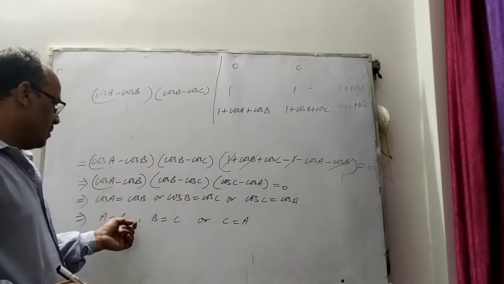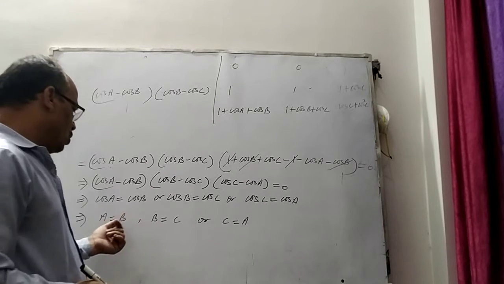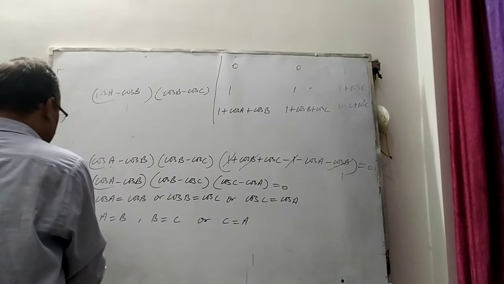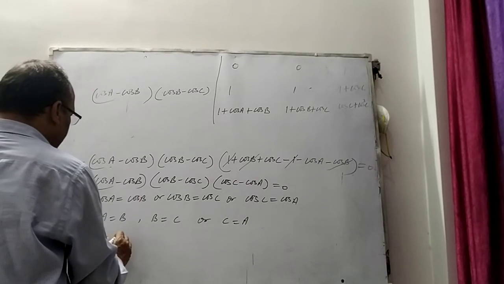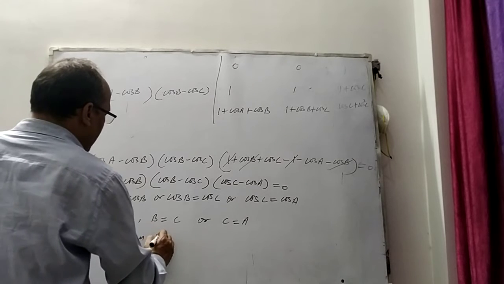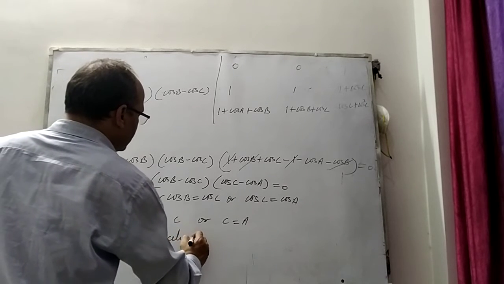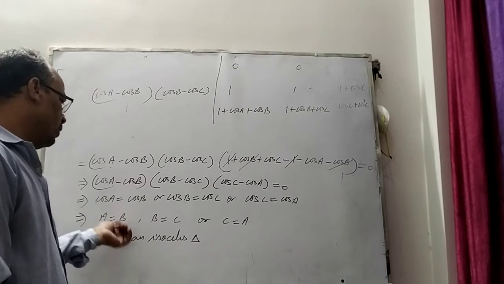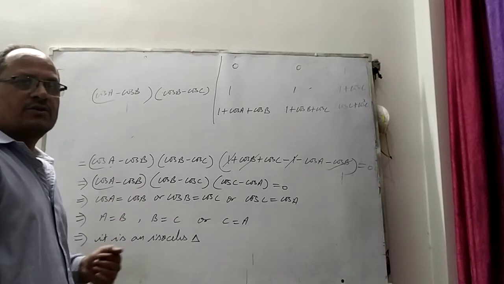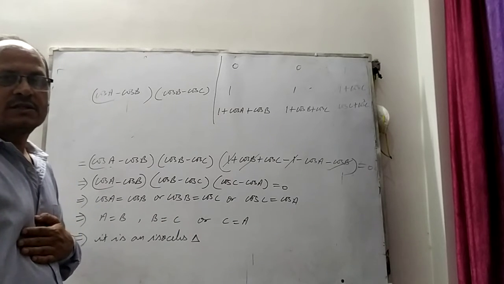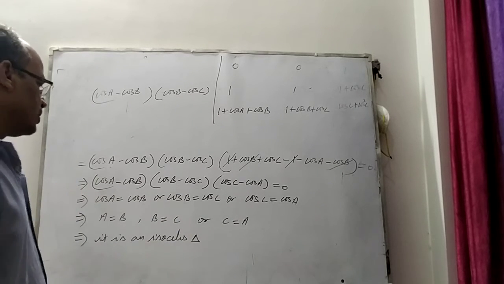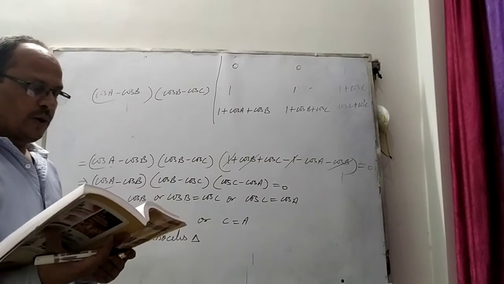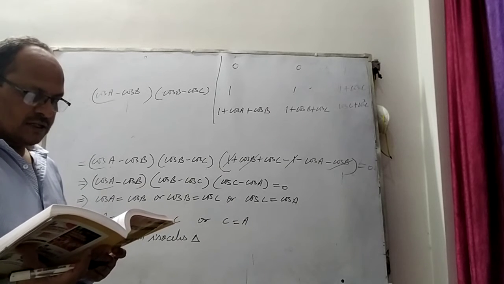Clear? So you are getting this is the isosceles. Implies that it is an isosceles triangle. किसी भी एक कंडीशन से A इक्वल टू बी हो गया तब भी आइसोसेलेस, B इक्वल टू C हो गया तब भी आइसोसेलेस, C इक्वल टू A हो गया तब भी आइसोसेलेस. So this is the isosceles triangle. So in this way you will try to solve this exercise. If you have any doubt, you can ask.